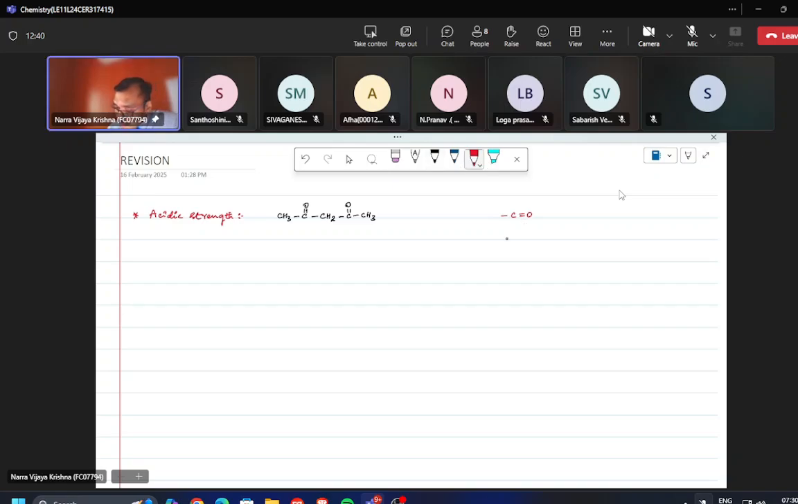What about this one? NO2. Can I write it as an electron withdrawing group or not? C triple bond N, cyanide group. Correct? COOH, acid group. Correct or not? So any element connected to a more electronegative atom via multiple bonds, then definitely that group is called